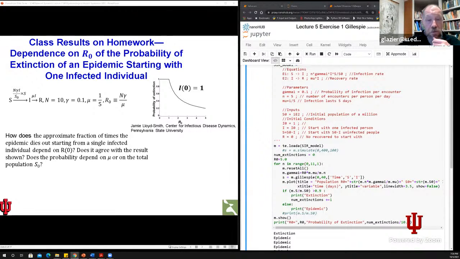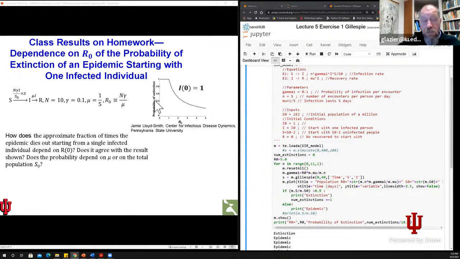But I'm trying to walk you through how I think about solving the problem. So the first thing I do is I want to calculate the probability of extinction. The first thing I have to do is define extinction. So I have to have some criterion for whether I had extinction or not. The second thing I have to do is calculate